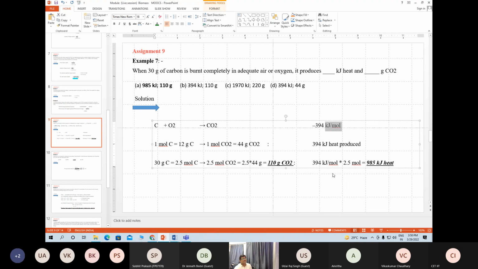So now for 2.5 mole of carbon, if you see here, what is the amount of it produces? Nothing but